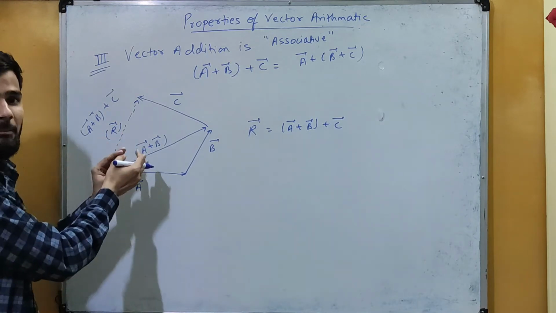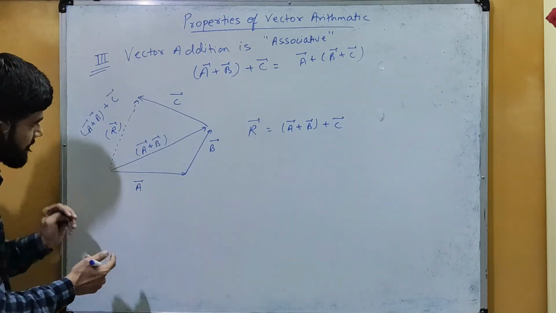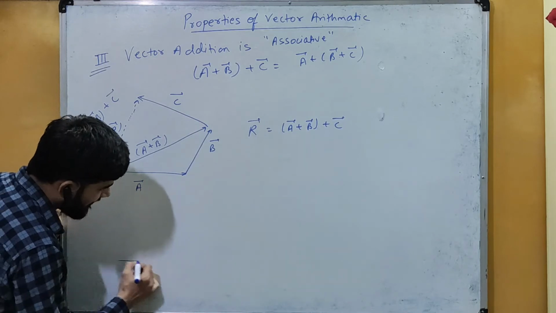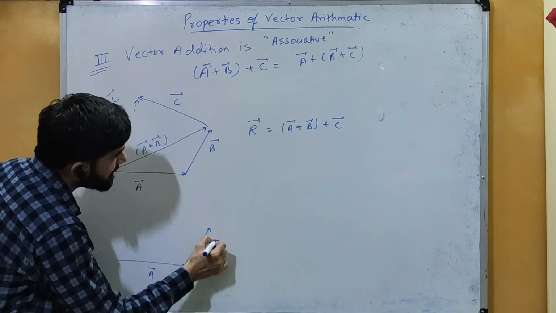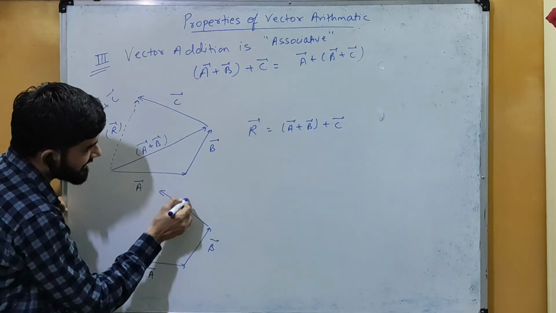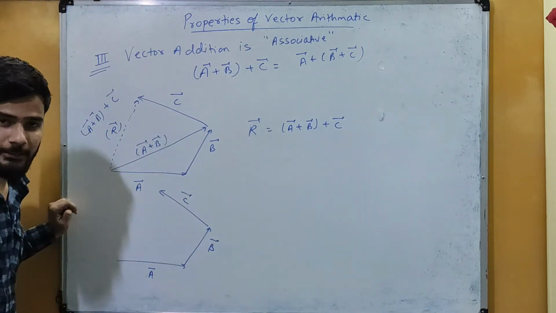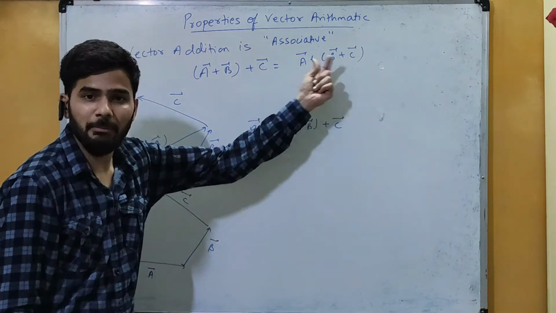लेकिन इसको मैं यहाँ पर ना बनाते हुए अलग से यहाँ पर डायग्राम बनाऊंगा. Here I have this vector A. Okay, here I have another vector, this vector B, and we have a third one, that is the vector C. This diagram is as it is. Okay, first of all we have this B plus C.